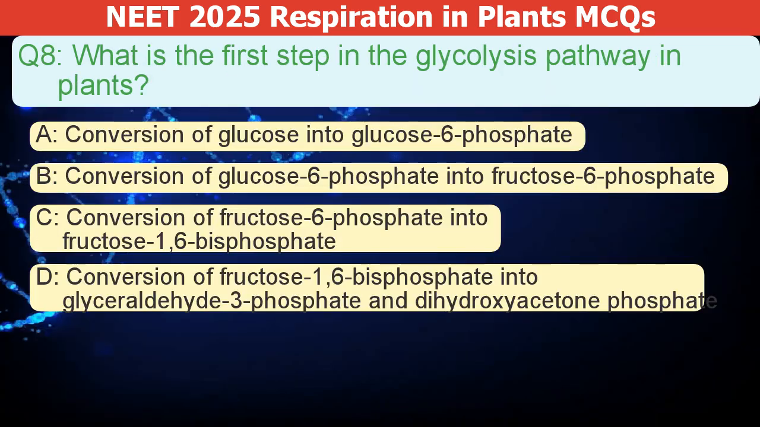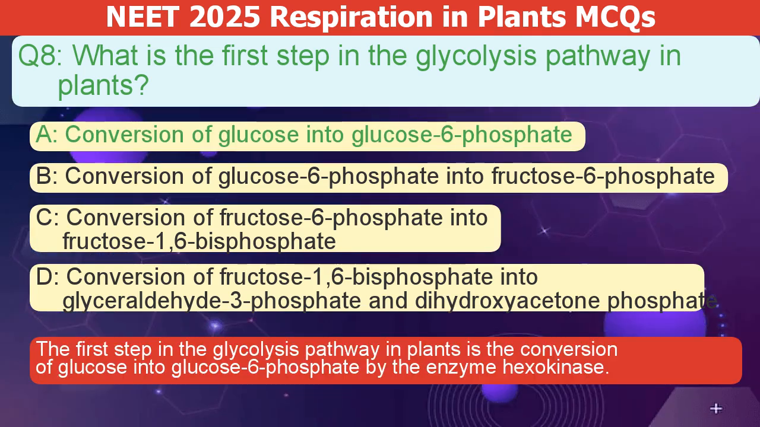What is the first step in the glycolysis pathway in plants? A. Conversion of glucose into glucose 6-phosphate. B. Conversion of glucose 6-phosphate into fructose 6-phosphate. C. Conversion of fructose 6-phosphate into fructose 1,6-bisphosphate. D. Conversion of fructose 1,6-bisphosphate into glyceraldehyde 3-phosphate and dihydroxyacetone phosphate. The correct answer is A. The first step in the glycolysis pathway in plants is the conversion of glucose into glucose 6-phosphate by the enzyme